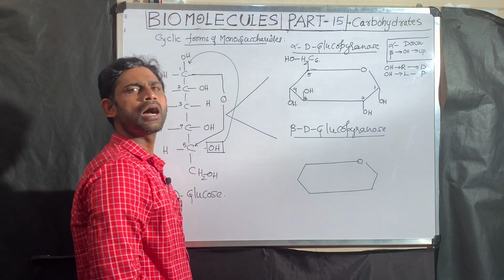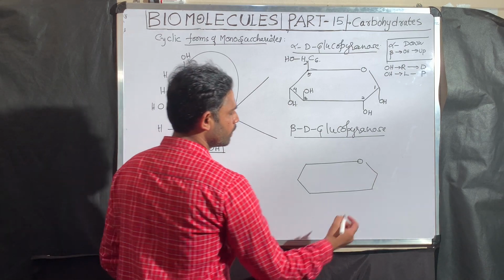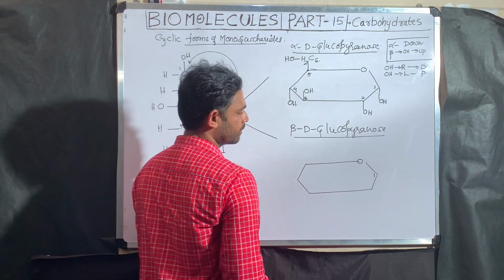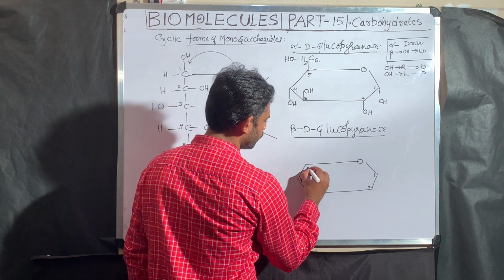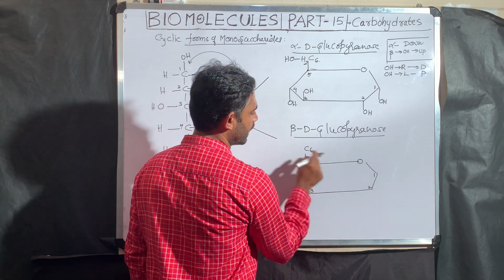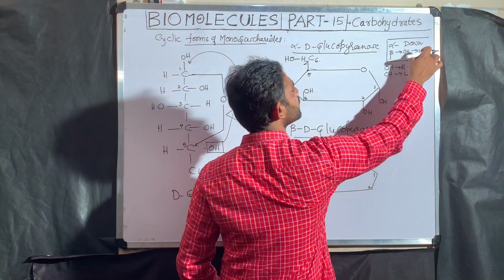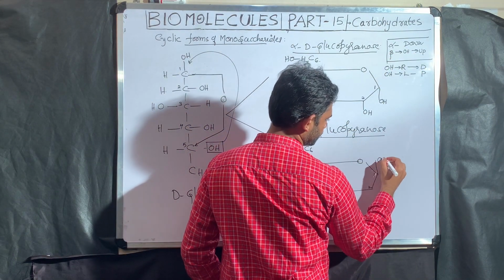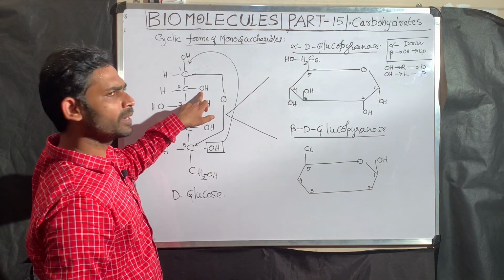Glucose. Glucose is an aldohexose. The aldehyde functional carbon is at 1. We have to start ring numbering with 1, followed by 2, 3, 4, 5, followed by 6. Aldohexose. Which anomer? Beta anomer. OH group on the functional carbon towards the up. Remaining same to same. Second carbon OH group on the right side.